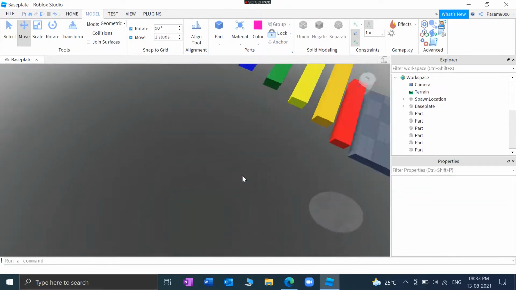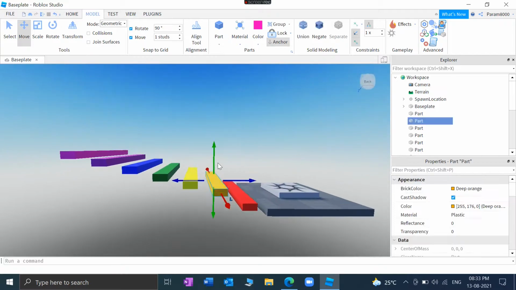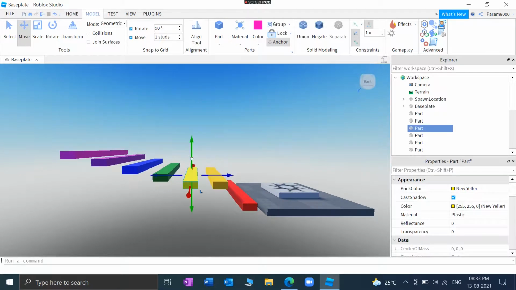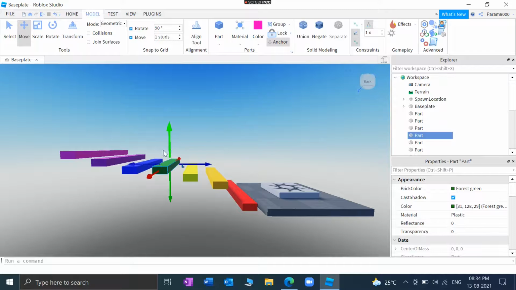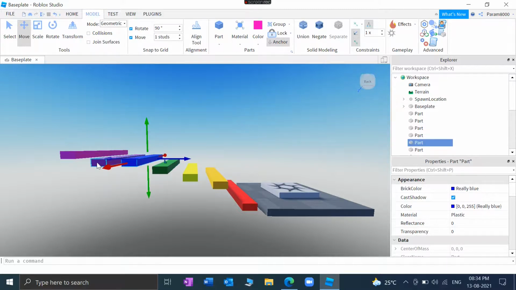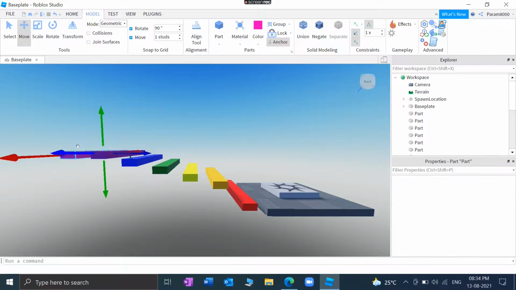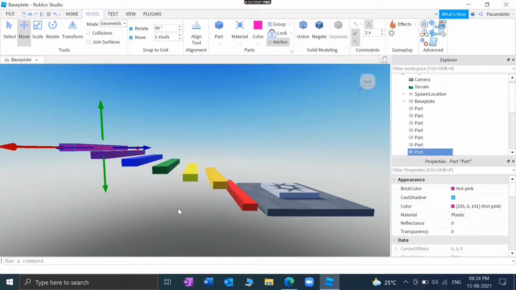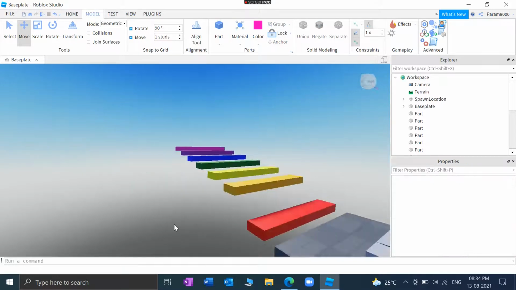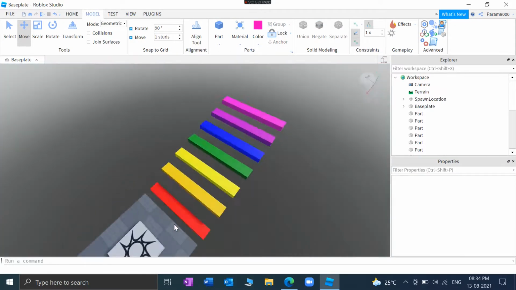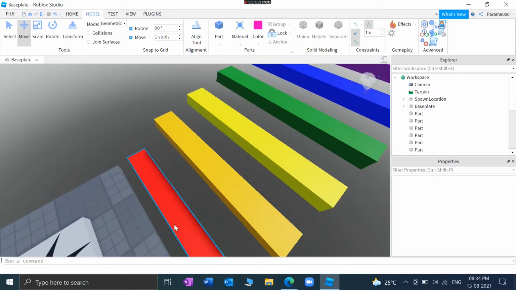So yeah, you need to play around with these because it's your choice whether you want it to be difficult for the player, or you want it to be easy for the player. It's all up to you. I will just keep it like that